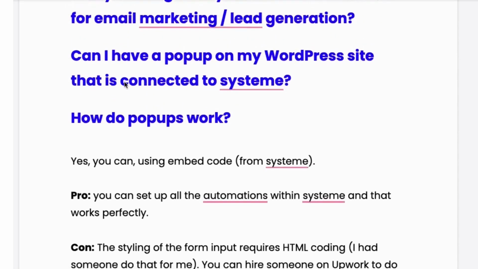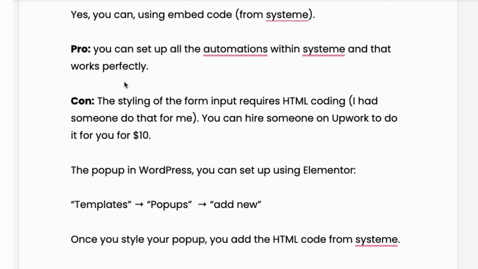So the answer to these questions is yes, you can. And you do that by using an embed code from Systeme. There is a pro to it, which is you can set up all your automations within Systeme and it works perfectly. There is one con, at least at the time of recording, which is when you want to style the form